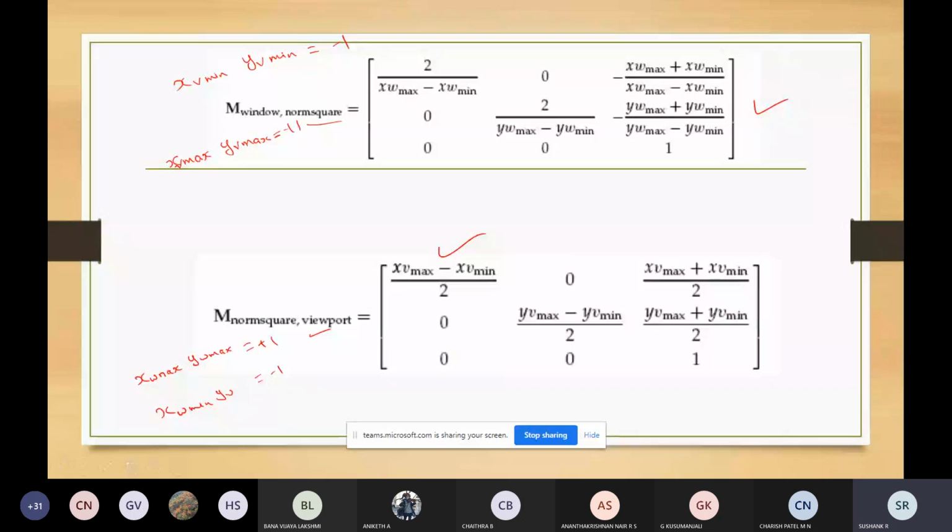So these are the two equations which are obtained. These are from the previous methodology itself. We are applying the values of -1 and +1, and we are deriving this transformation matrix.